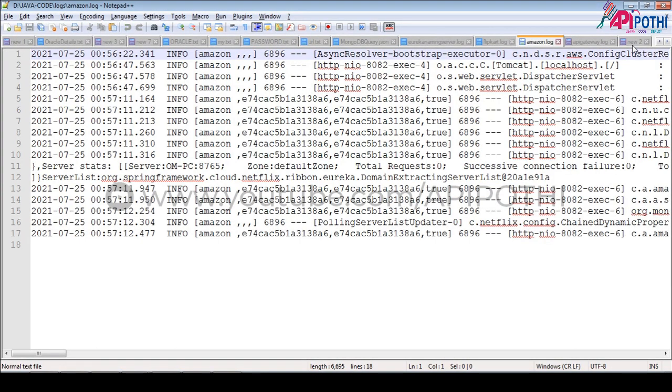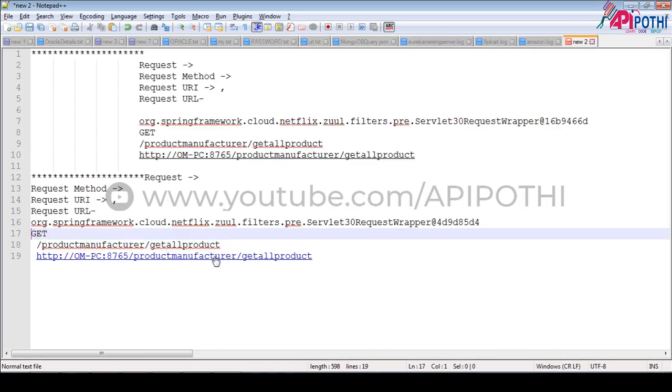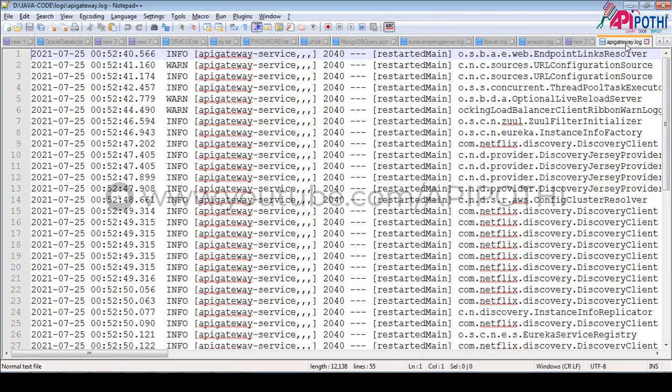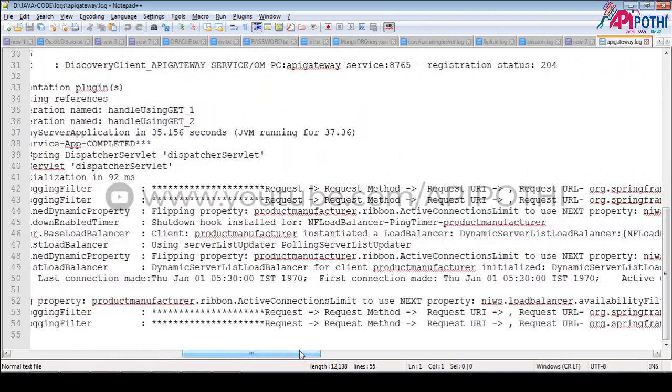Save data successfully. Now I open the API gateway log again, come down, and we will see.